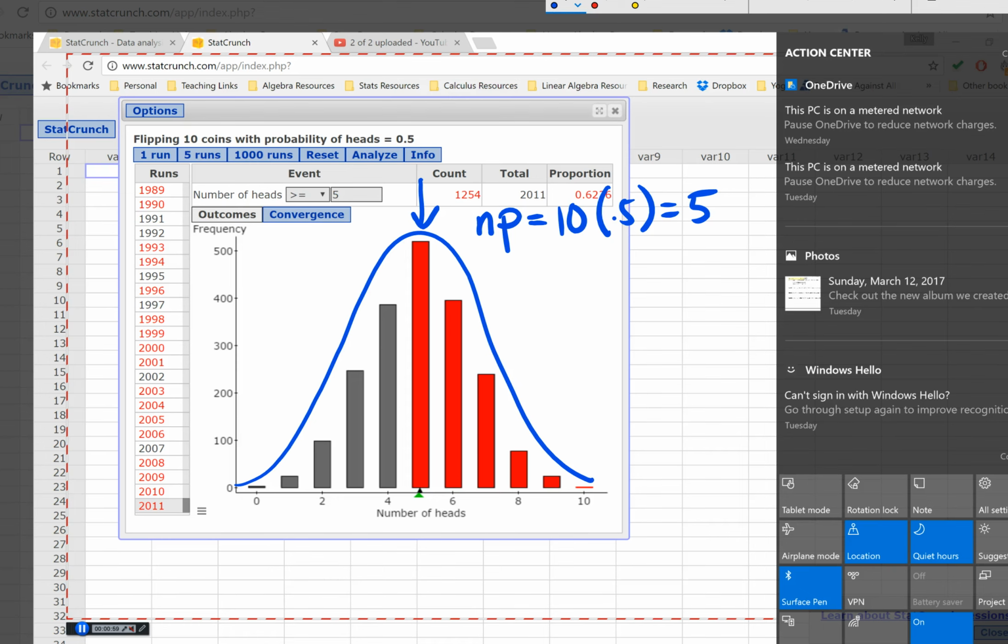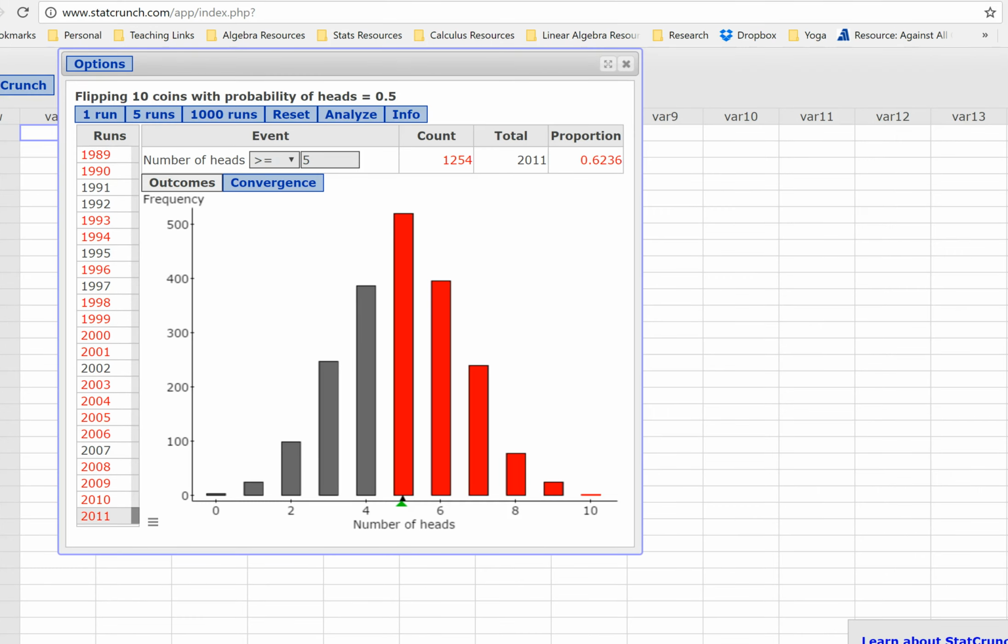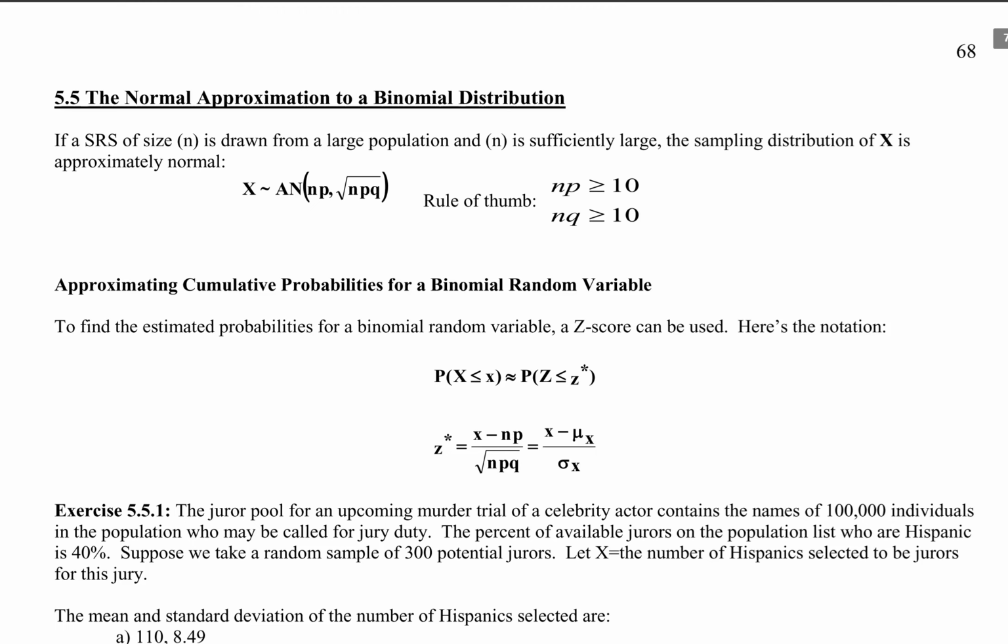So if you look at our notes, it tells us that we actually have a rule for what is sufficiently large. And our rule is that n times p has to be greater than or equal to 10, and n times q has to be greater than or equal to 10. So that previous example where np was 5 is not big enough. We actually need our np to be at least 10. So if we go back and try another example,